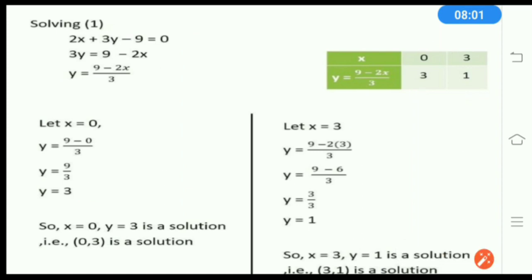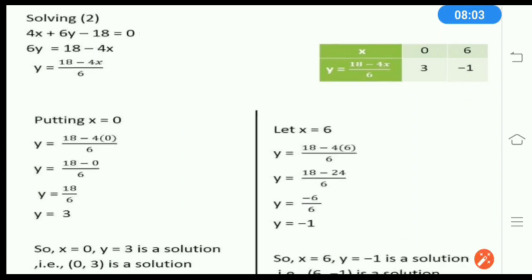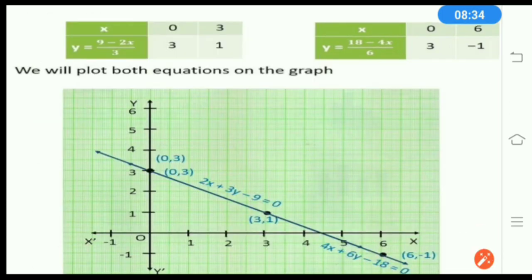So next is for 2: 4x plus 6y minus 18 equals 0, that means 6y equals 18 minus 4x, so y equals (18 minus 4x) divided by 6. So if we put x equals 0, then we get y equal to 3. So when x equals 0, y equals 3. Again if we take x equals 6, y equals minus 1. Now we plot these 4 points in the graph paper. Clear? So here